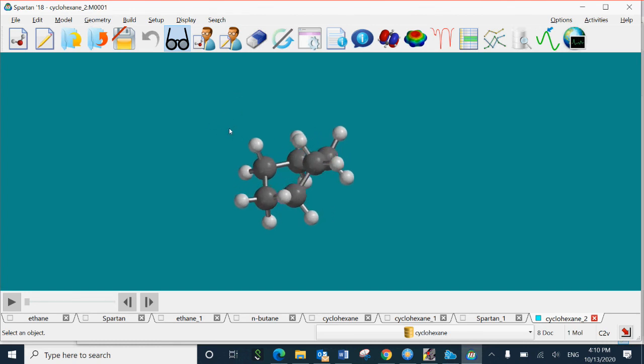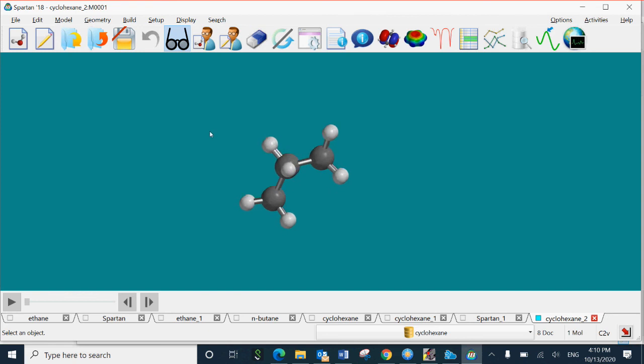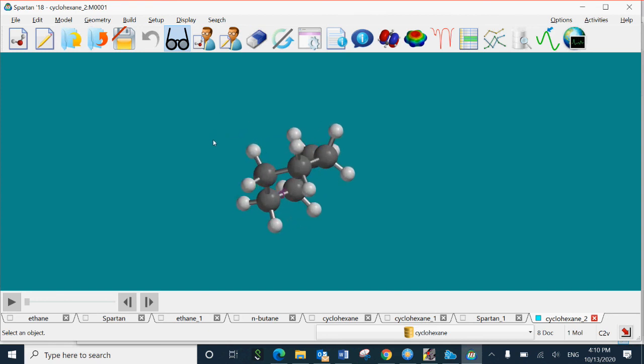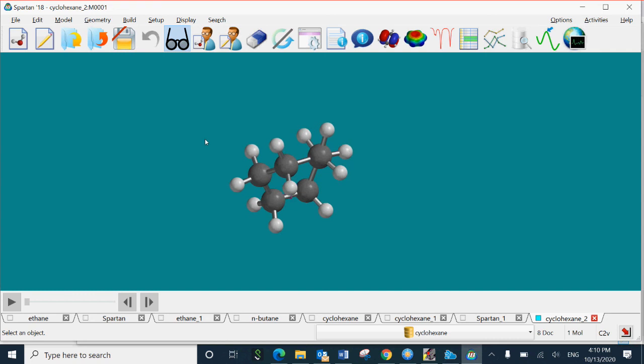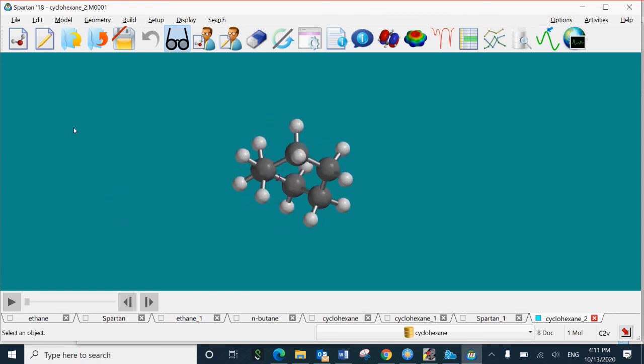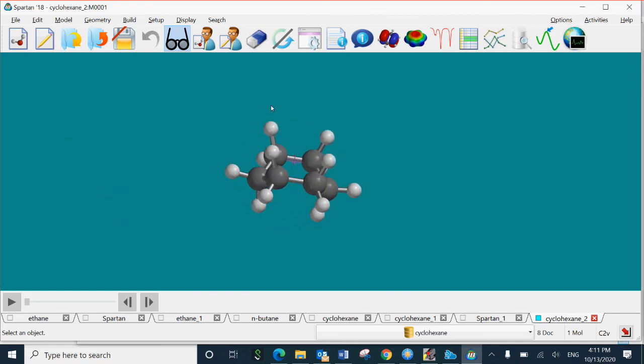Then rotate to the next 2 carbons. Here you can see eclipsing. See, there are eclipsing interactions. And then next 2 carbons, and see any. This way you rotate and see how many eclipsing interactions are there in boat cyclohexane. And then record it. This is about boat cyclohexane.